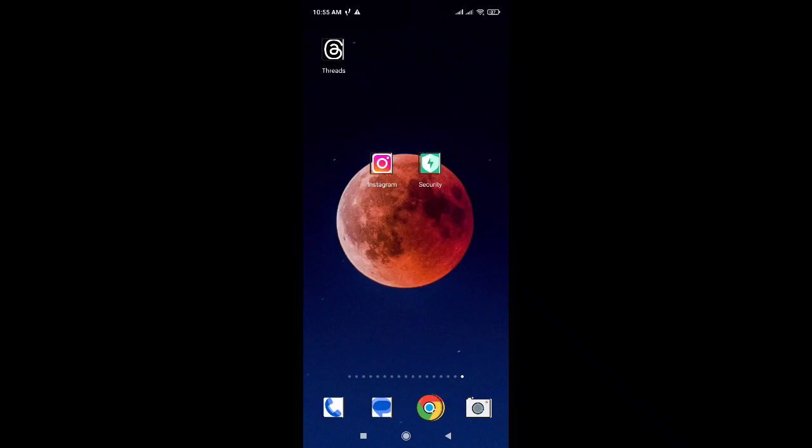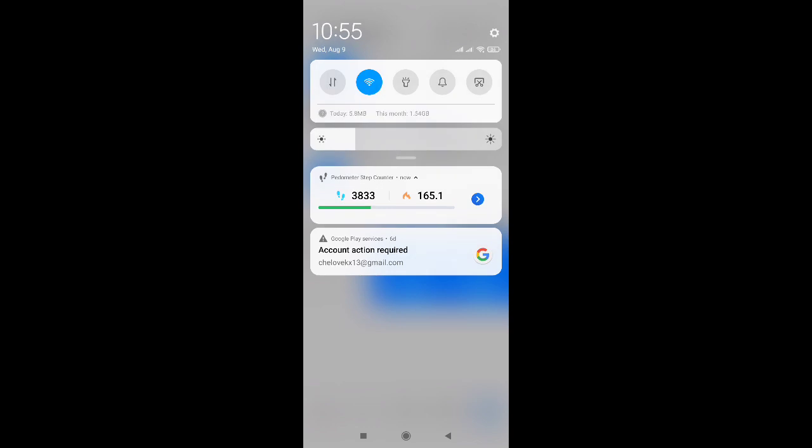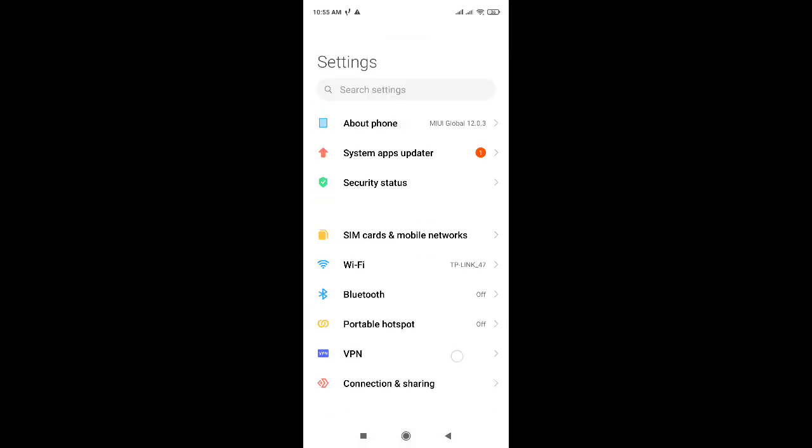Hello, in this video I want to show you how to change the Instagram theme to black. First you need to open Instagram and go to the profile page, and here we can see the white theme. For example, to make it dark, go to your settings on your phone and here scroll down